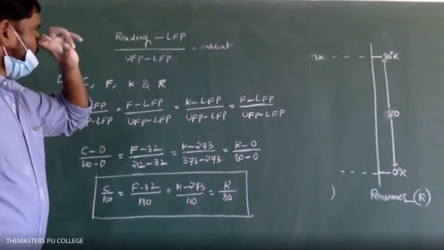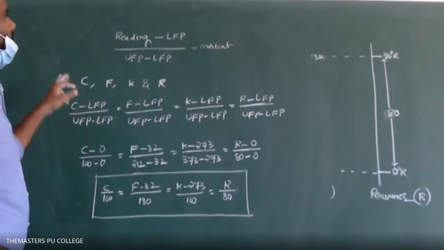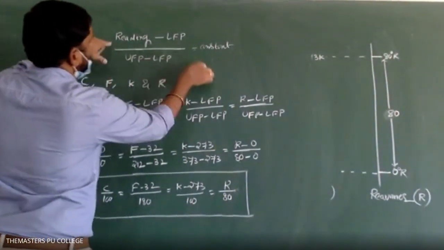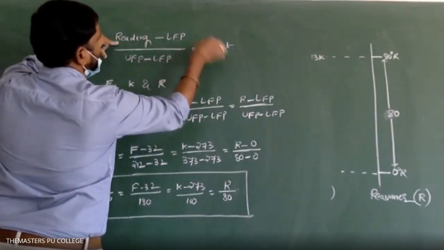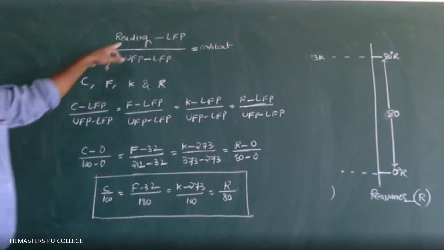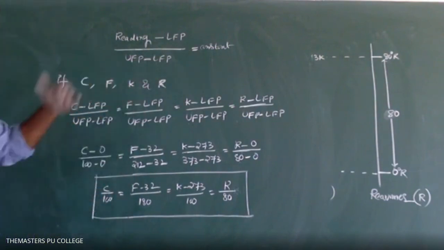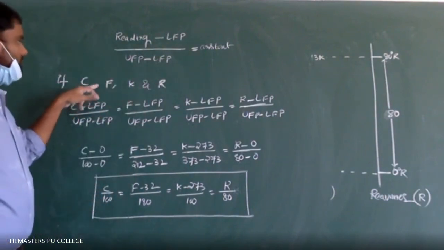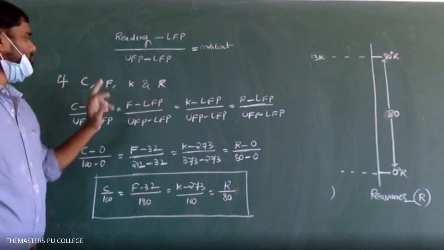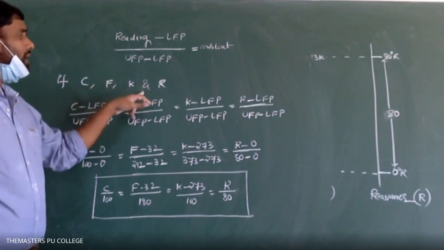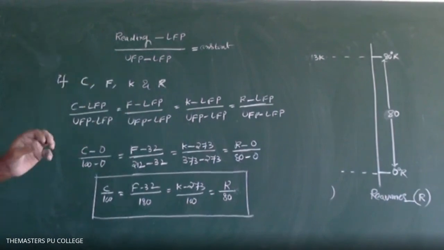Okay, so write it. While transferring the temperature between the scales, you can write this: reading minus LFP by UFP minus LFP is equal to constant. Next, if C, F, K and R represent the same value of temperature